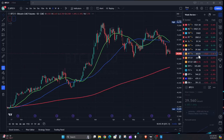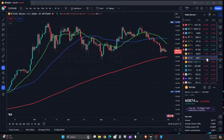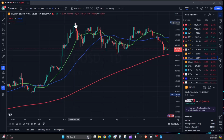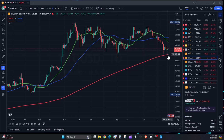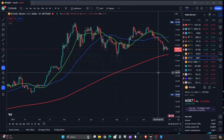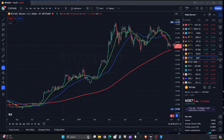So let's go to Bitcoin. Let's go with the forex pricing here. It's live. So we are in this range between 73,000 and 58, and this 200-day moving average is now rising and caught up to the price. So we should see a bounce